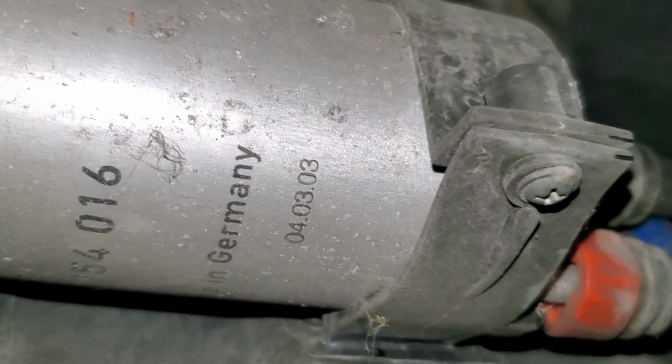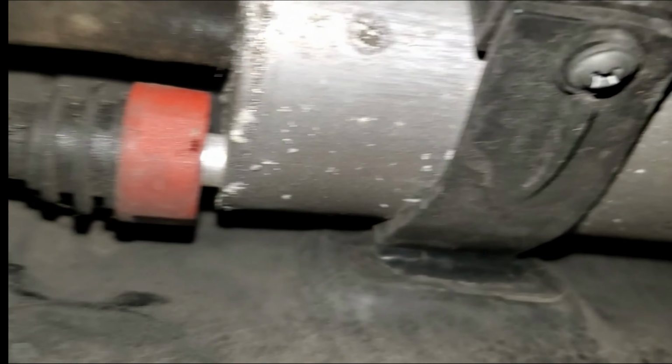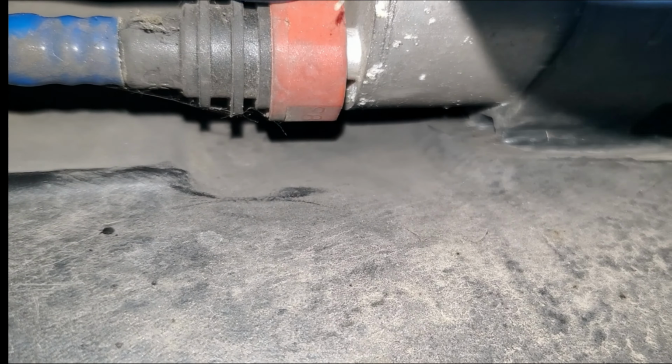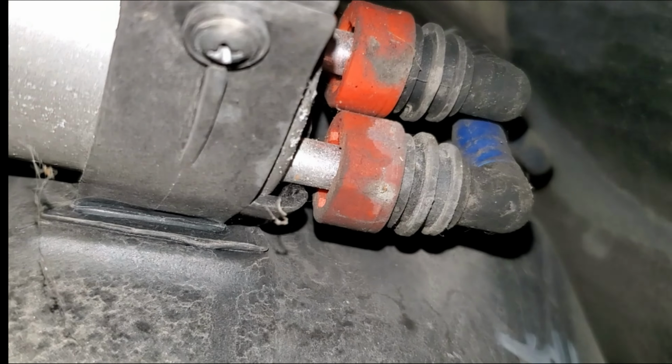And in my case, I found a filter that was 20 years old, so of course it was clogged and was causing issues. And the fittings are really dirty. You're going to have years of dirt caked on those fittings, and they're not going to work very well if they're caked with dirt. So I just took it to the car wash, hit it with high pressure soap, rinsed it off, and they look brand new, and they are going to work a lot better when they're cleaned up